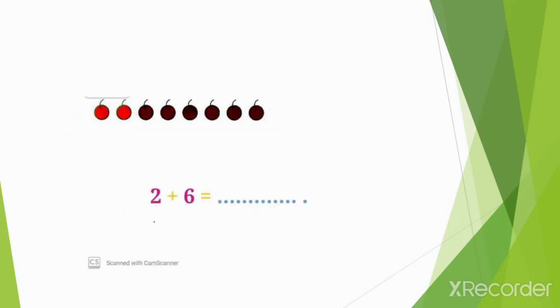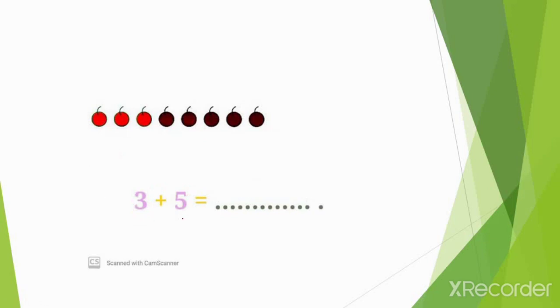Look, this is our sum 2 plus 6. These are the given numbers 2. We have to add this 6 more to it. Okay, now what we have to do? Keep these 2 aside in your mind, that we have 2 objects. We are going to add 6 more to it. After 2, 3, 4, 5, 6, 7, 8. What will come? 8. Okay?